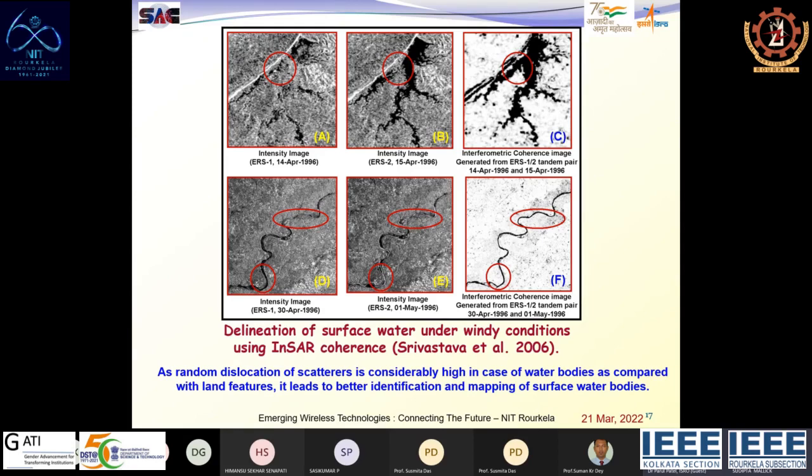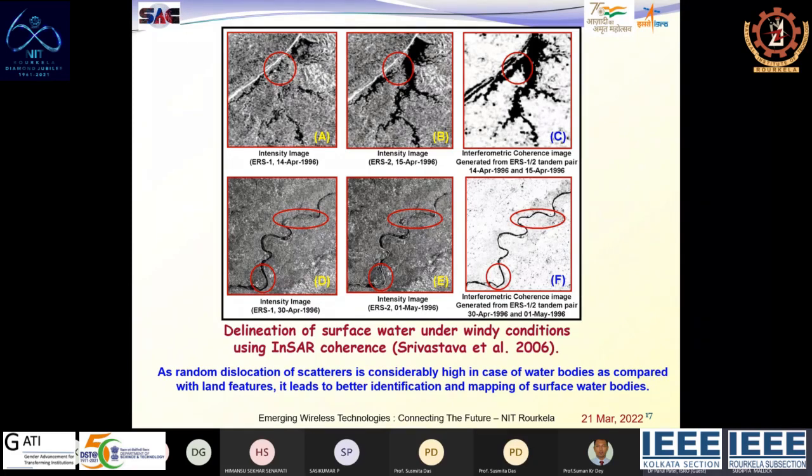But if there is wind onto it, then due to the ripples, the signal is returned back towards the antenna. So it appears that there is no water out here, but because of the ripple, there is no coherence between the two interferometric pair of images, and there is a decorrelation. Typically the entire water body is never so calm that there is no ripple of any kind. So wherever coherence is lost,